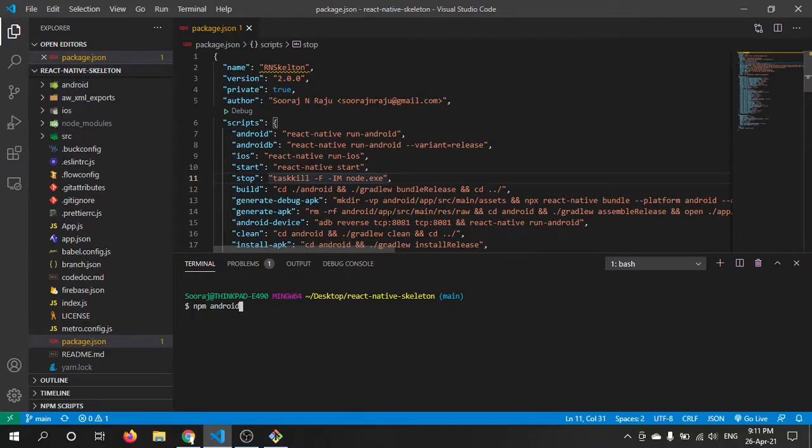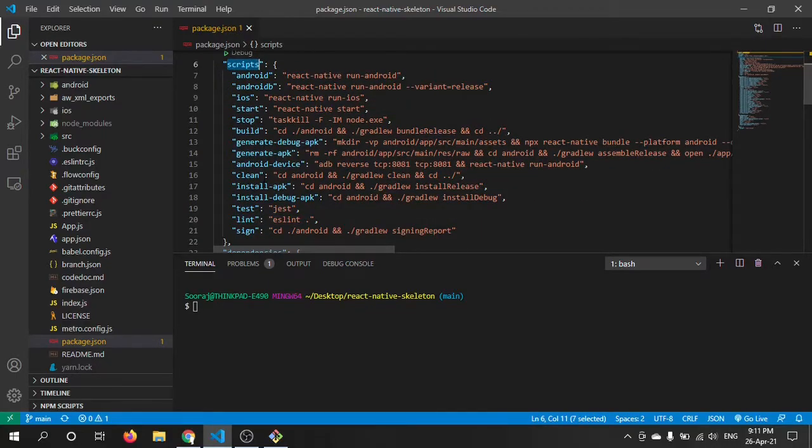Both will do the same thing and it will execute this command. That's what is meant by the scripts. We have certain scripts we have added over here, so it makes our life easier.